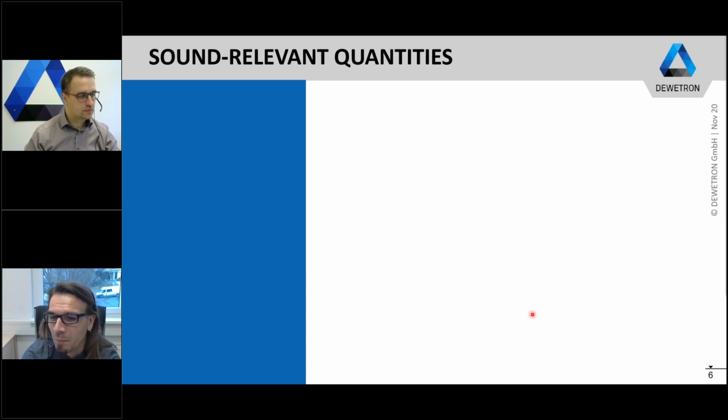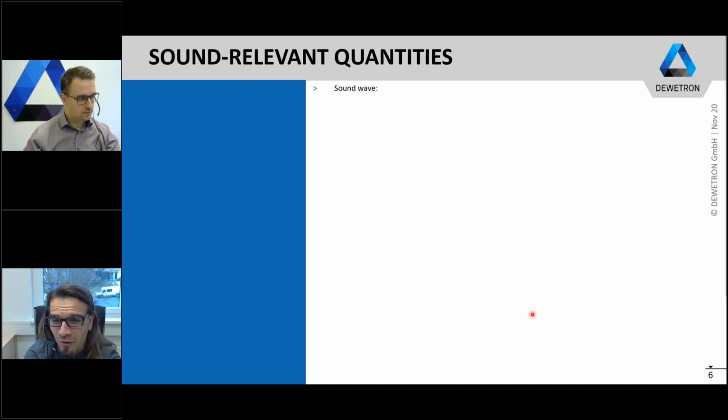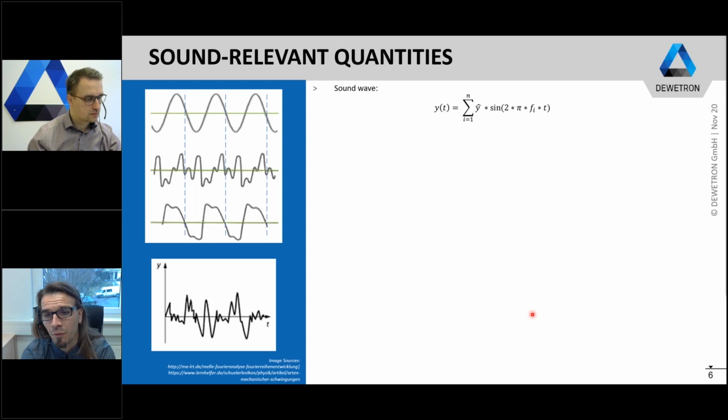And when we talk about the propagation of sound, we always talk about the so-called sound wave, because the propagation of sound is a waveform when it is transmitted through a medium, normally air when we talk about acoustics. But for sure, any other medium like water or any other fluid or any other gas can also transmit sound. And when we want to describe the sound wave in a mathematical way, we can use the Fourier series, which